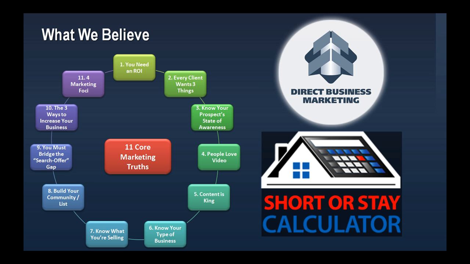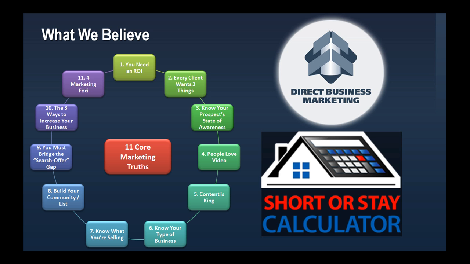Number 5, content is king. We live in the information age. You cannot fight that. People have information at their fingertips, and so the main job of the search engine is to bring you content. Now, Google also said content is king, meaning that if you have a content management system like we have here with the shortest day calculator, you have an opportunity to demonstrate your expertise. It's all about demonstrating your expertise, especially when you have number 6,